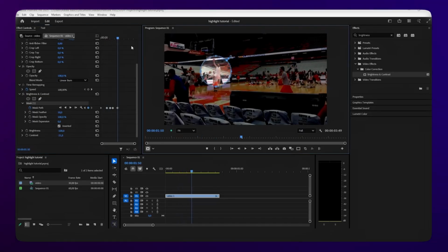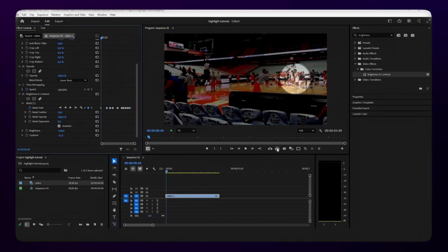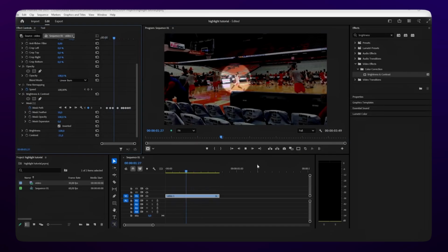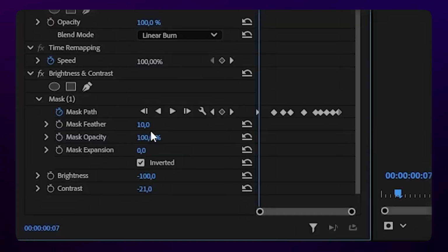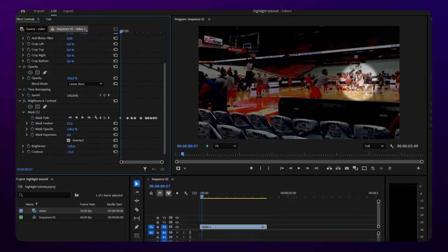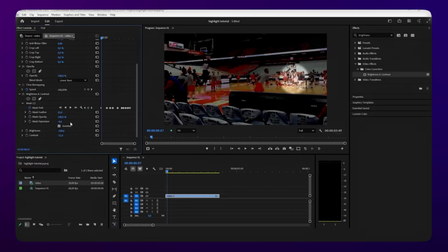And this is how it looks right now. You can also adjust the mask feather to smoothen out the mask, or change the mask size using the mask expansion value. To fade in and out the object highlight effect, make sure you are at the start of the